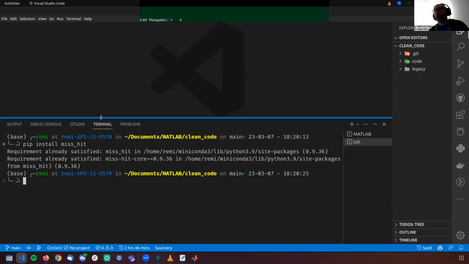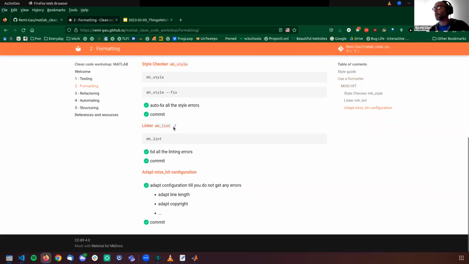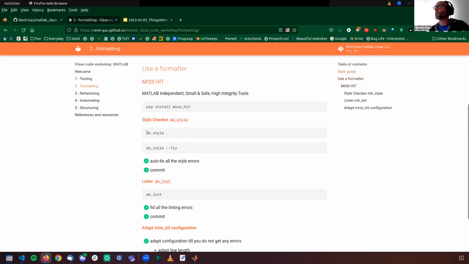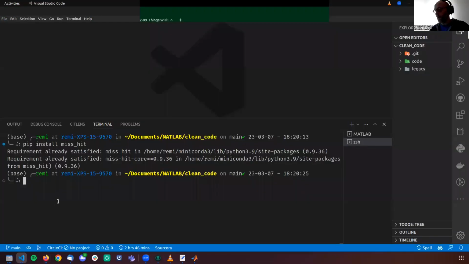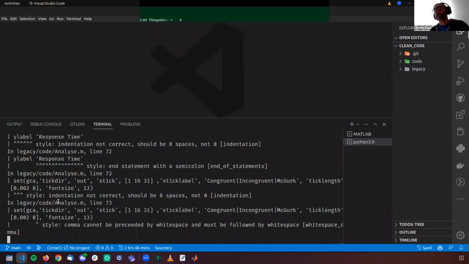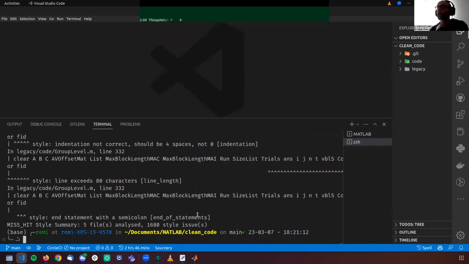Let's first see how we can apply the styling tool of mishit. For this, you just type mishit style and then a dot, and it will go through your entire code base here.